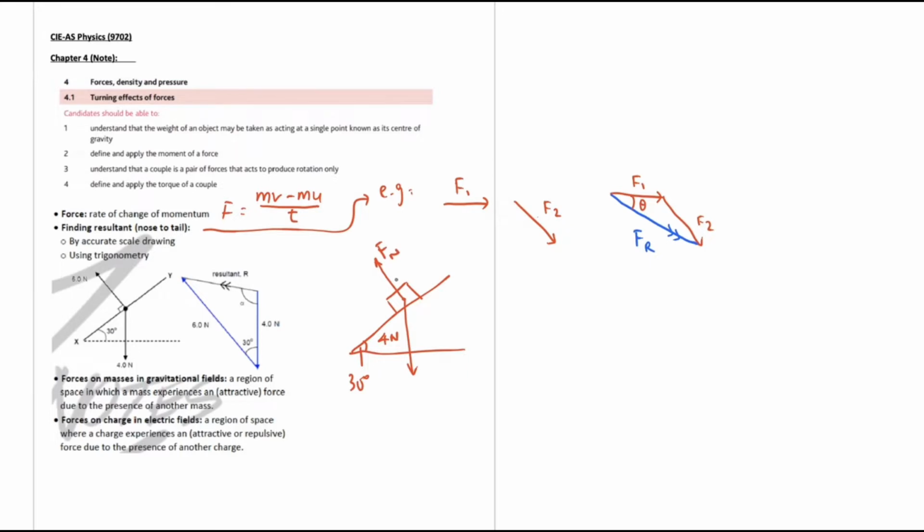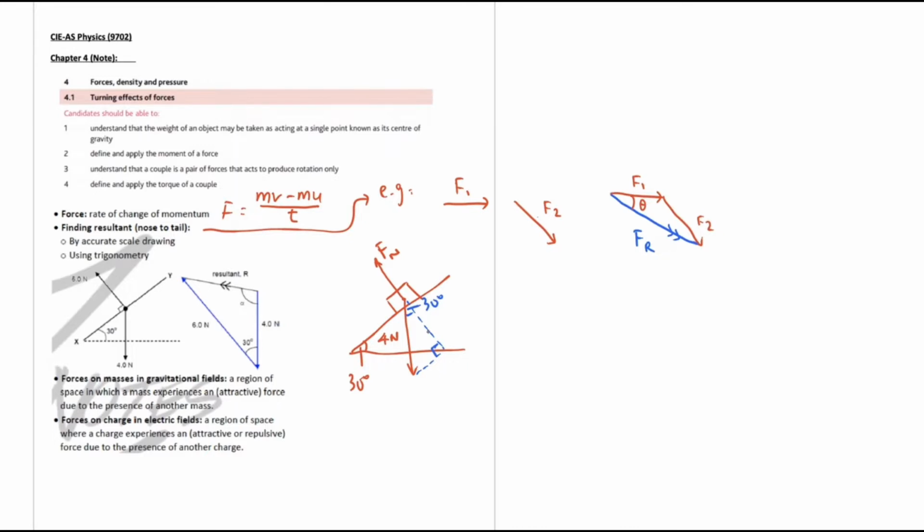Fn, normal reaction. Let's say I want to find a normal reaction, because this object is on the plane, right? So there is a normal reaction. If you want to find it, we do it like this. We resolve the weight. This is the weight, 4 Newton. We resolve it like this, where this is the 30 degree,